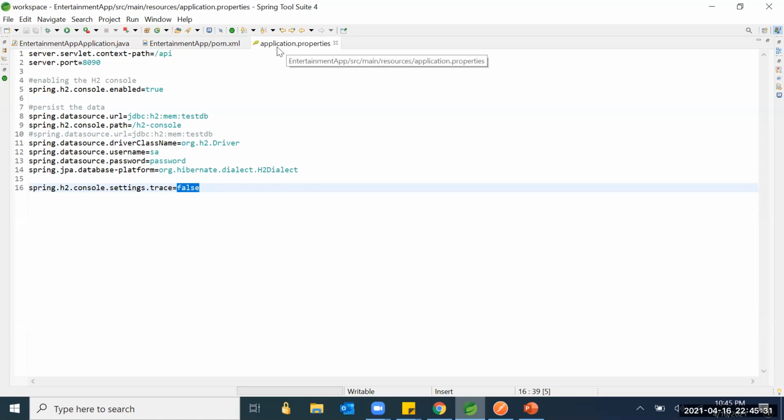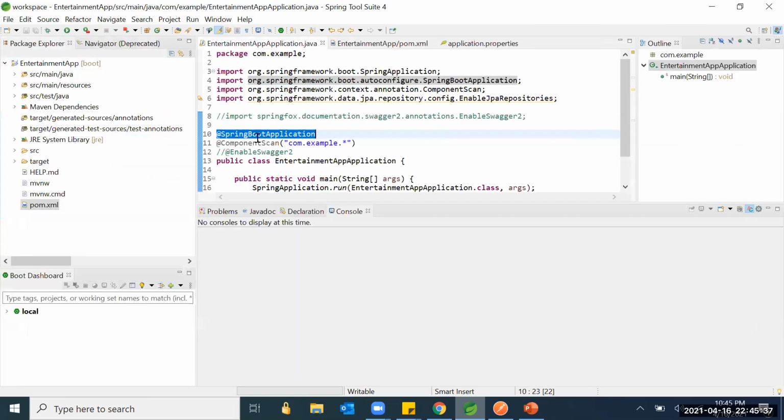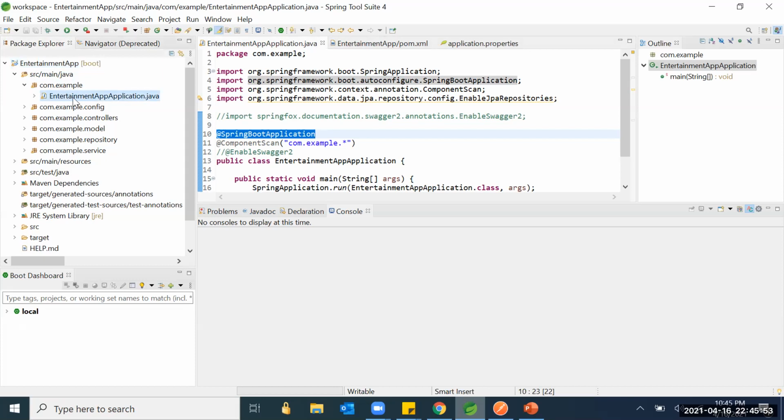So now if I go to our main class, I can show you the project structure, we can talk about it. In the application project, you can see we have Java, resource and test folders actually. If I open the Java folder, com.example is a package name. So my main class file is under com.example, but I have separate packages for each and every class.